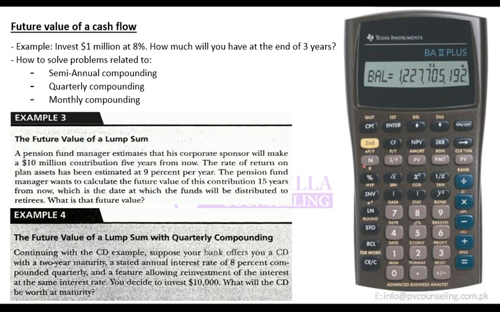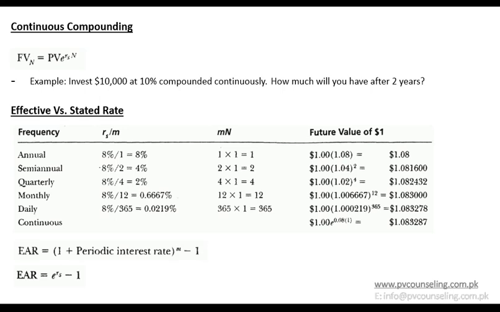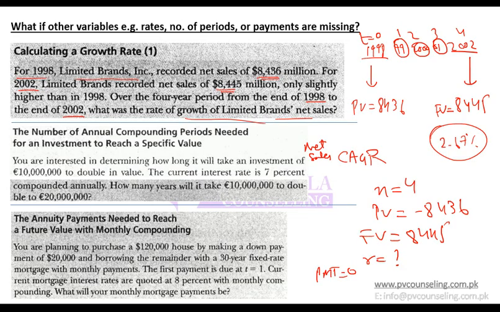Then how do you change decimal places? Press second and press format. When you press second and format, you will see DEC written on your screen, and then you can change it. You can say DEC equals 8, enter. When you press 8, enter, it will set your calculator to 8 decimal places. Or you can choose 10 or whatever you want, but keep it at maybe 6 or 8 at least, so that you get the correct answer. So this means the rate will be 2.67%. So easily you can calculate it.